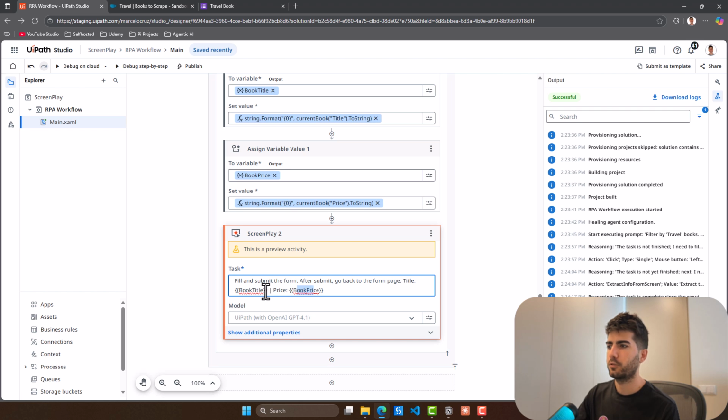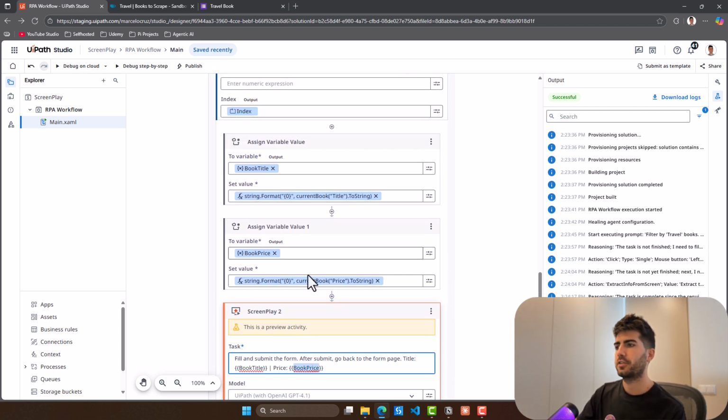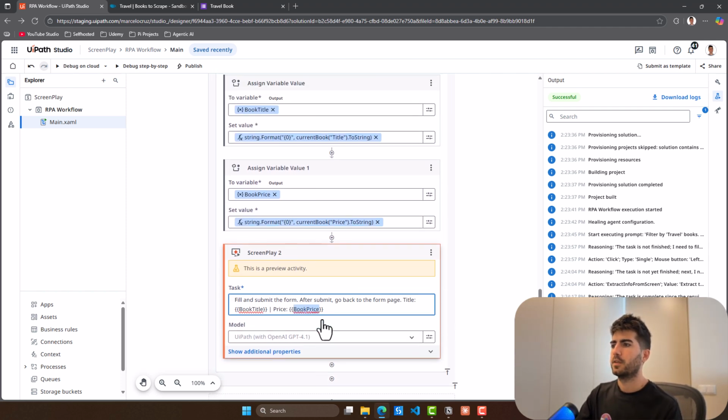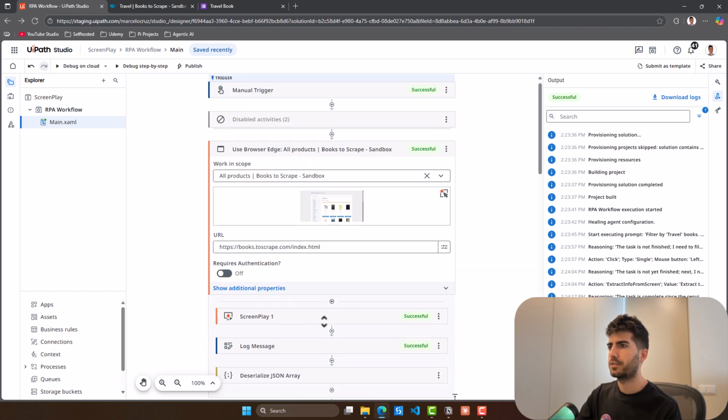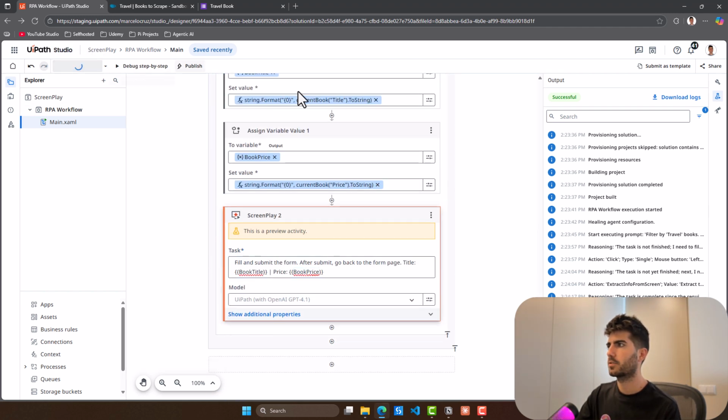So you just have to put the variables inside curly braces. And with that, we basically pass the variable and dynamically pass the value, so the book title and the book price of each iterated book. And yeah, that's basically it. So let's see how it's working. So let's run here